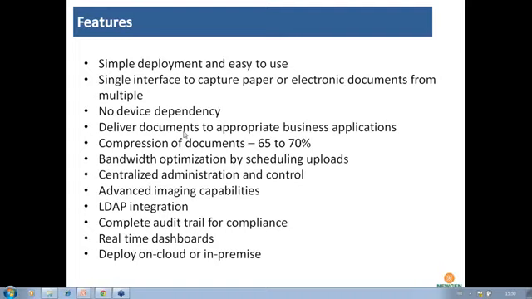Please explain ECM and DMS. See, that's a very vast area, Mr. Swapnil. In a broad sense, in two lines, a document management system is a system where you can capture documents from multiple sources, archive those documents or any type of content, and retrieve them as and when required from anywhere. So documents are available anytime in a secured environment. The document belongs to an organization and not to a person. So it is centralized archival, secure retrieval of those documents, and properly organized documents.